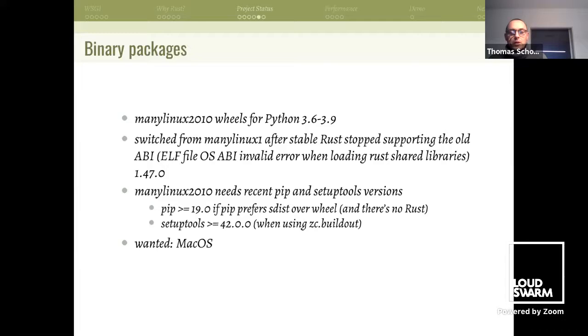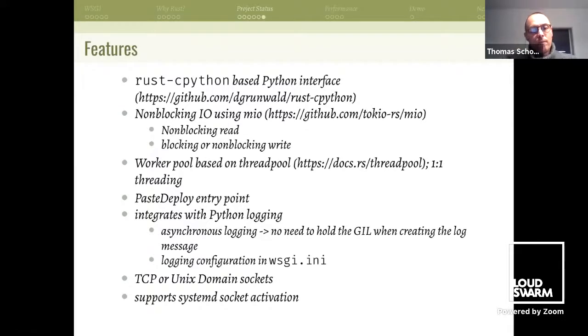Okay, so let's do a quick run through the features. It's a rust-cpython based Python interface. So rust-cpython is one of, I think, three currently available Rust Python interfaces, and I found it to be very suitable for this project. Then I'm using a Rust crate called Mio, Metal IO, which is part of a bigger project called Tokio,